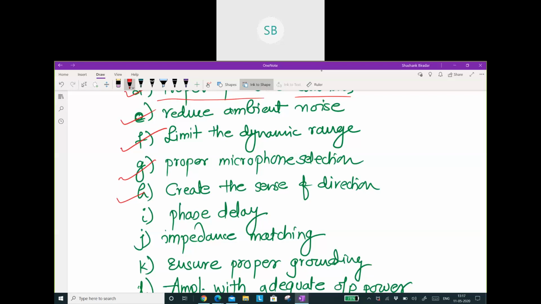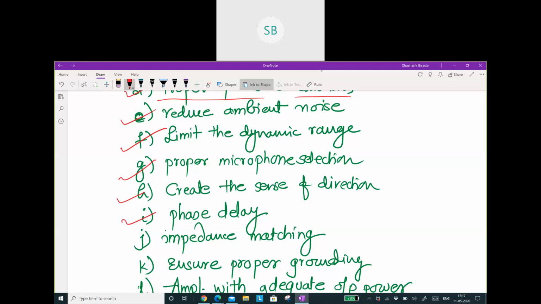So we need to keep the speakers and their orientation proper, so that you have a sense of sound coming from the source person. Because consider a scenario where the speaker is kept at the back and you are listening: you cannot have the sense that the sound is coming from the source if the loudspeaker is kept back. Are you getting what I'm trying to narrate? So that sense of direction is important.